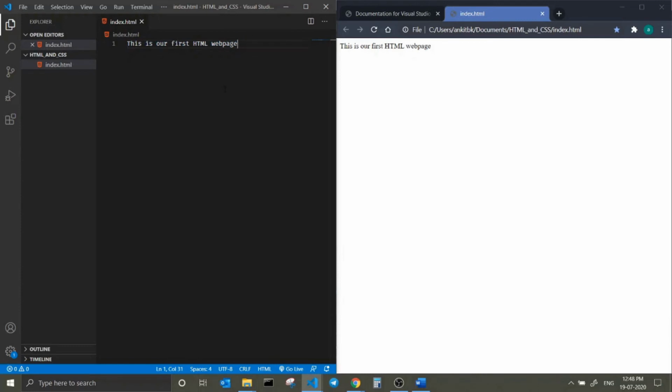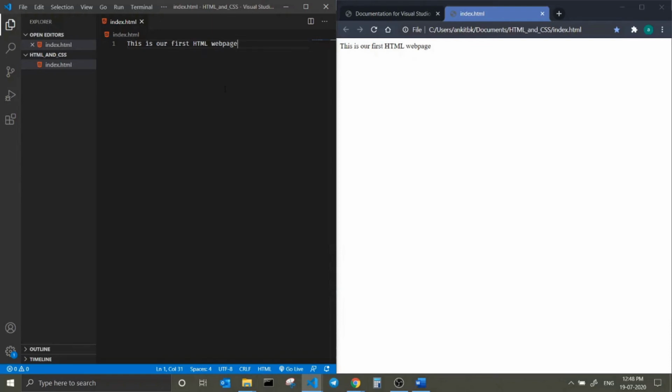As you can see on the screen, I have written something in the index.html file, that is, our first web page. There might be a question in your mind that this is just a simple string and it is still being shown on this web page. So I will clear that up: HTML pages also show simple strings.